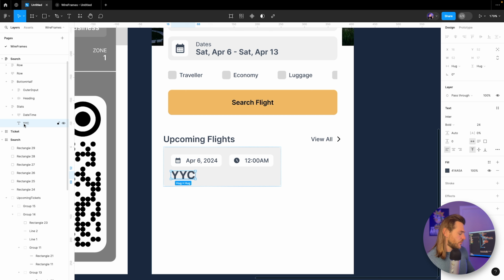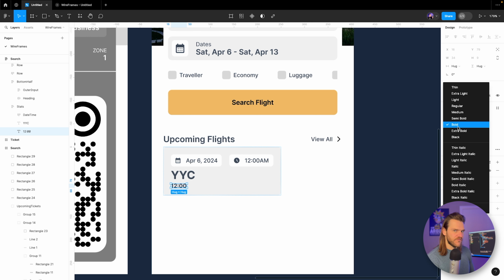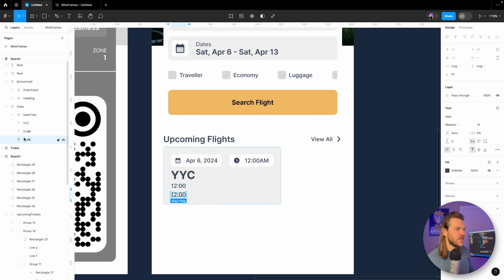All right. So with that, we're going to take that text tool, duplicate it, and let's go for the time here. So I'm going to go 12:00. Now stick with me here because I'm probably going to change this up to something else. So we're going to have 12 there. Obviously change this to 12px. So 12, change to 12 and have that set to normal. And we're going to duplicate this again, move this guy up, and we are going to set this to APR